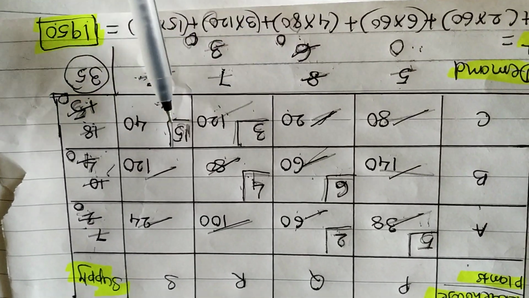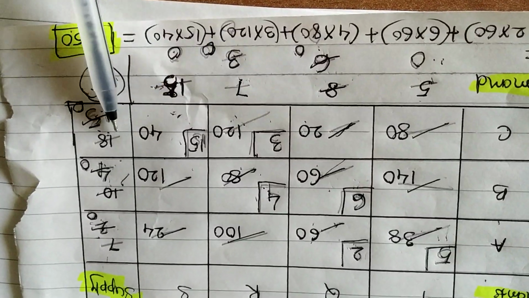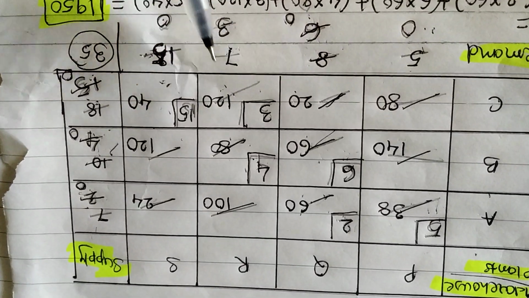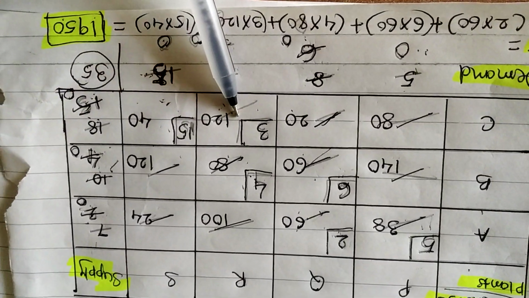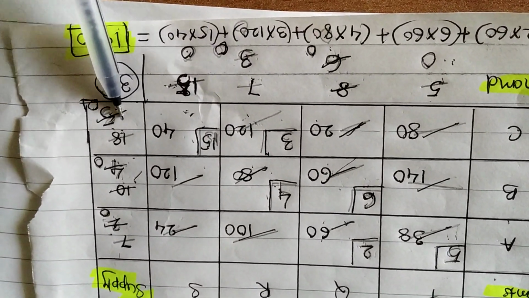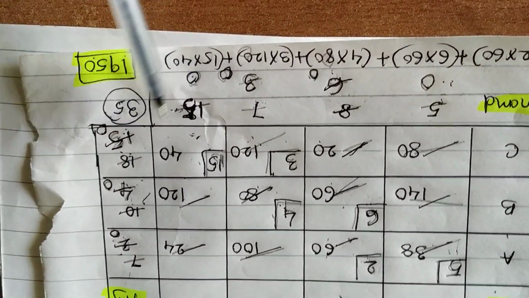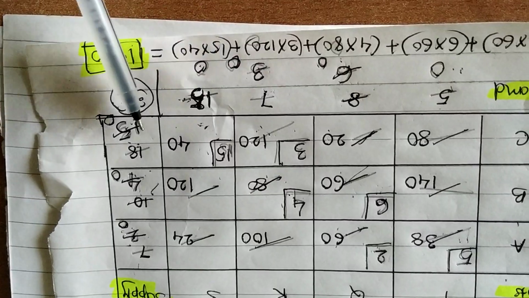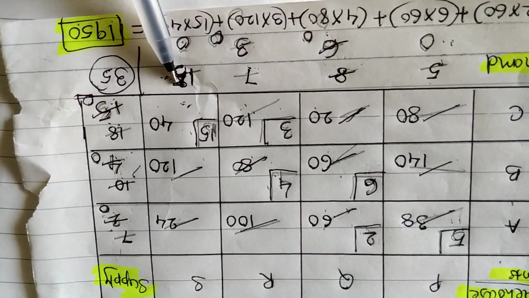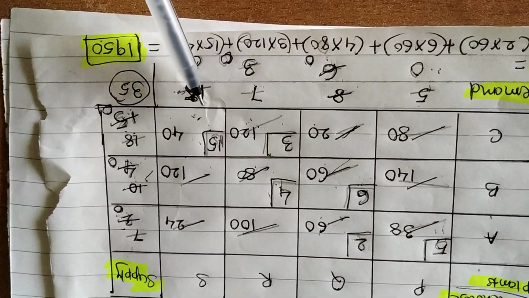Only the last row is remaining as an allocated value, so first of all you write down 3. You take 3, which is not greater than 3, so 3 minus 3 is equal to 0, which means the allocated value is 0. Then 18 minus 3 is equal to 15, and 15 and 15 are both the same. This is the balancing value. Here it is also 15, so you take 15 minus 15 is equal to 0, and 15 minus 15 is equal to 0. Okay, all of you understood.